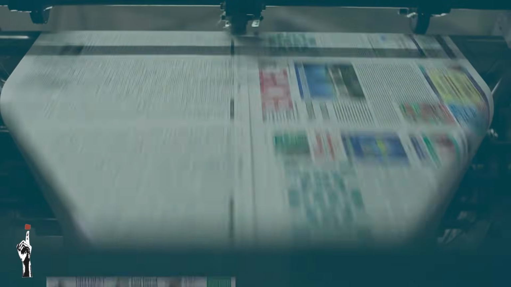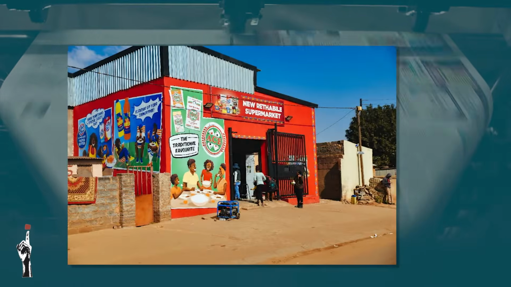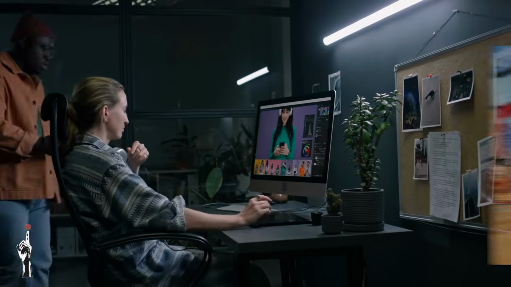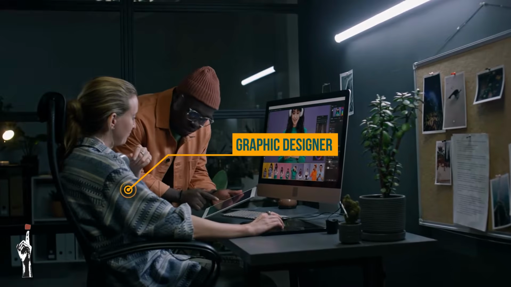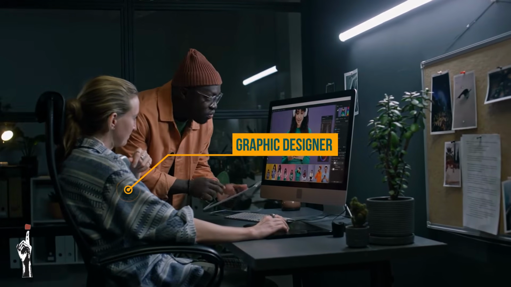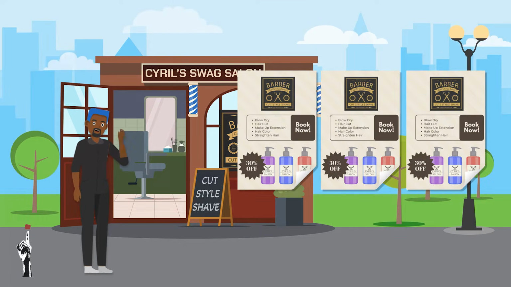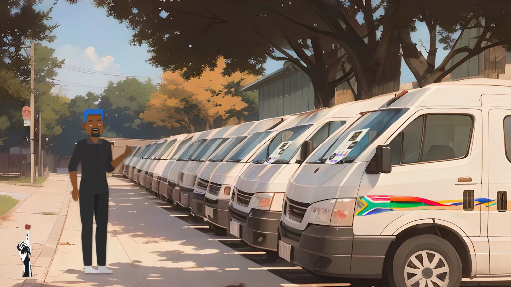You can also advertise your products using printed media. Printed media can be advertisements in newspapers or magazines, or it can be signs with your ad printed on them that might appear at the local supermarket. To create good printed media, a business usually needs to get a graphic designer in for advice and for ideas. When Cyril started his business, he printed flyers to advertise his products and services, and he handed them out at the taxi rank and put some in the windshield wipers.